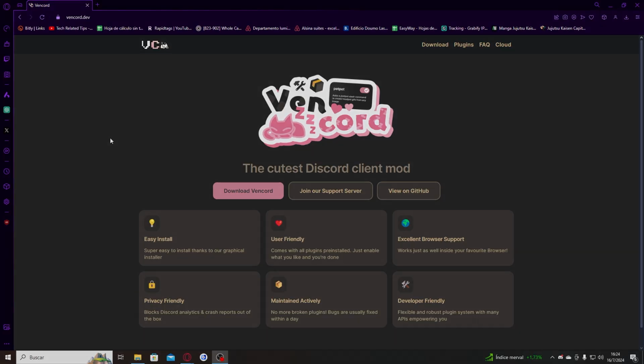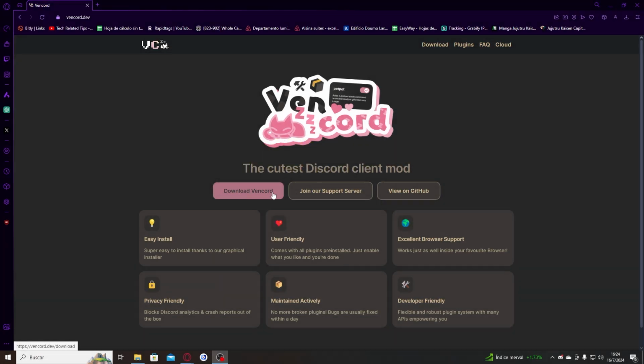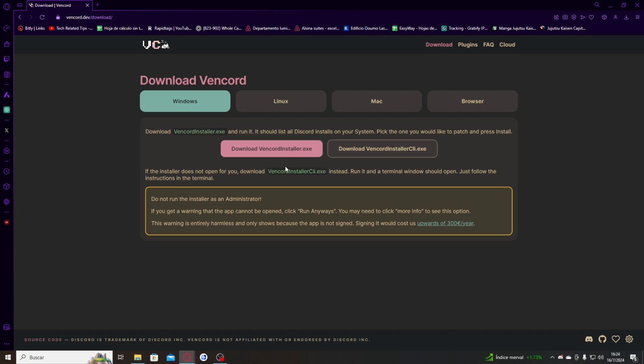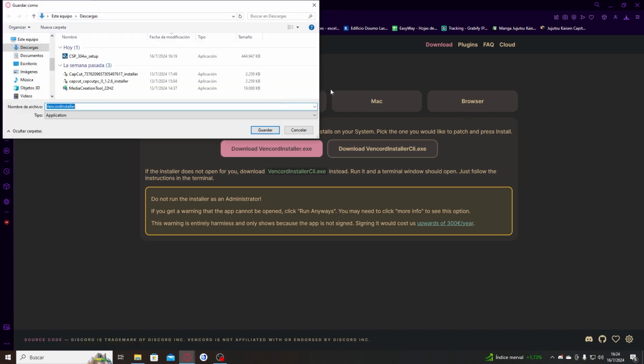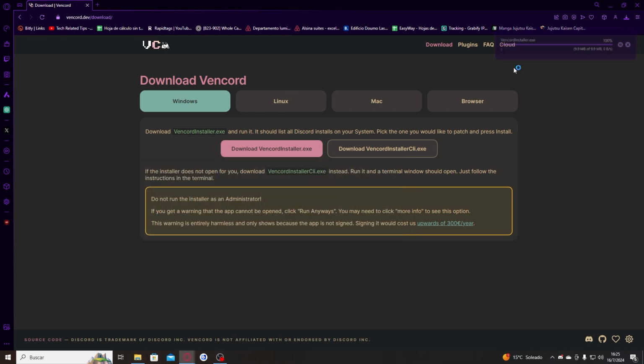So you want to know how to use Vencord and download plugins for it? You have to press download Vencord on vencord.dev. I will leave the link in the description. You have to press this pink button. You have to press the pink button again. You have to choose your operating system. I'm choosing Windows because I use Windows. So you have to press the download button, install, and you double click the download